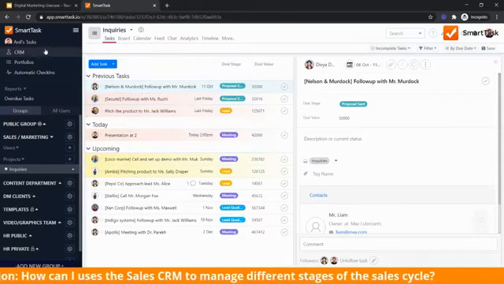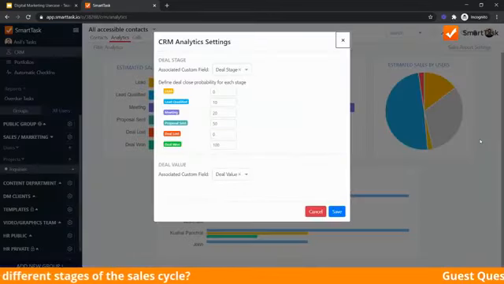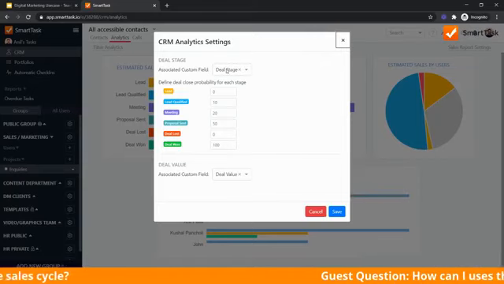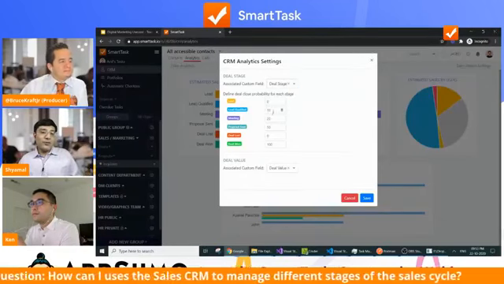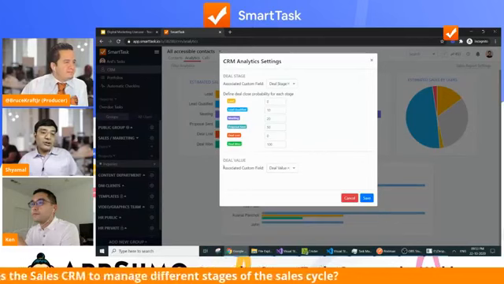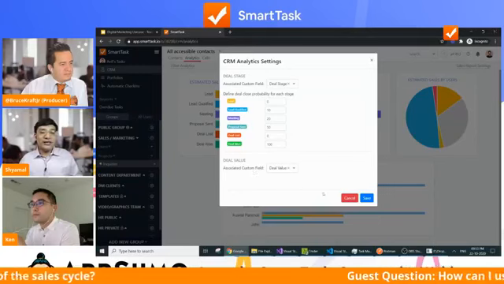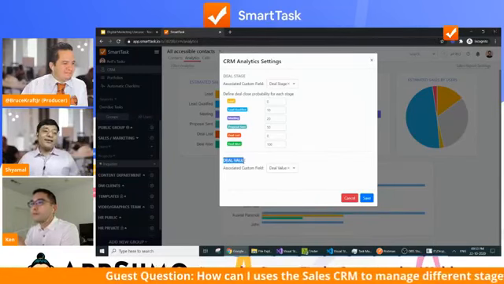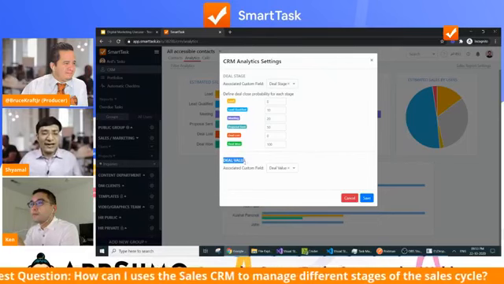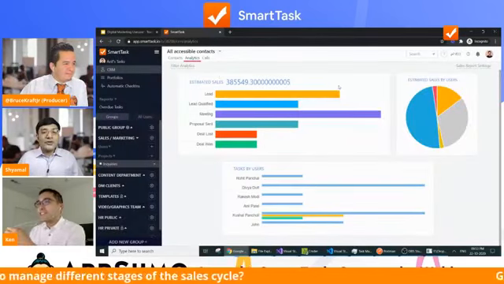And once you set it up in the CRM view, go to analytics, and click on the sales and report settings. Here you select your custom field, that is the drop down, the stage drop down, the pipeline stages. Once you select that custom field, you put in your probabilities for each and every stage. You put in your deal value, the field you selected for the deal value, and then that's it. You save it. In our case, we have number of users here for the deal value, right? So everyone has a different kind of deal value which you can put in. Okay, that makes sense. Yeah.